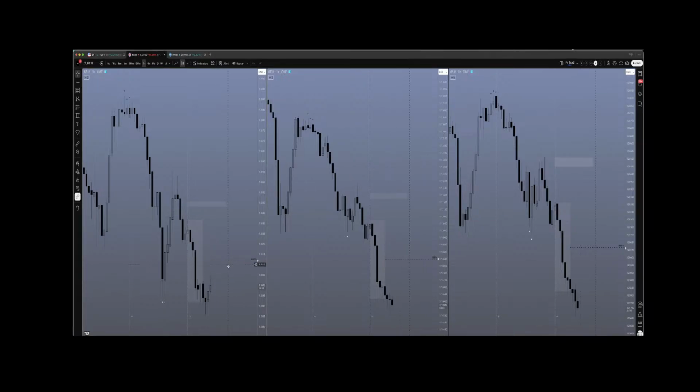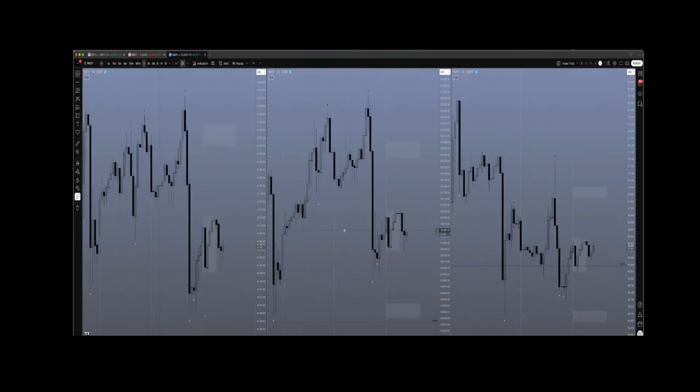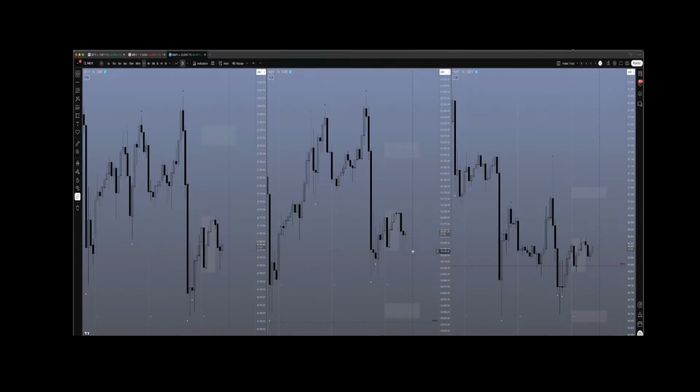Yeah, like I say, I'm interested in the EQ of the 6 hour, definitely, if it plays ball. This just swept both sides, so I'm not interested. I want to see some higher time frame.